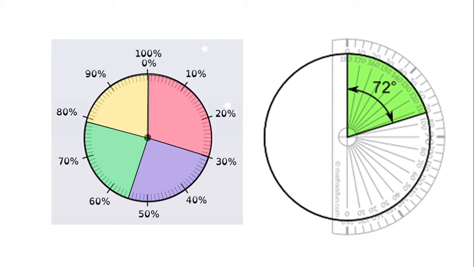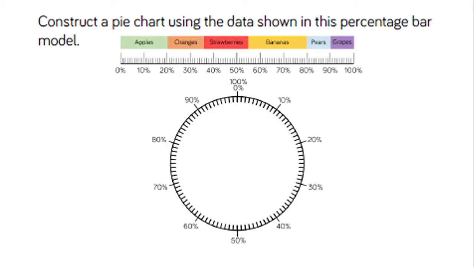So when we're working from percentage and turning it into degrees, we've got to think about how we can go from 100 to 360. So we're going to have to times it by something. Either times it by 3.6 or think about other ways we can do it using the data that we have. And I'll show you more about that now, actually. Okay, so